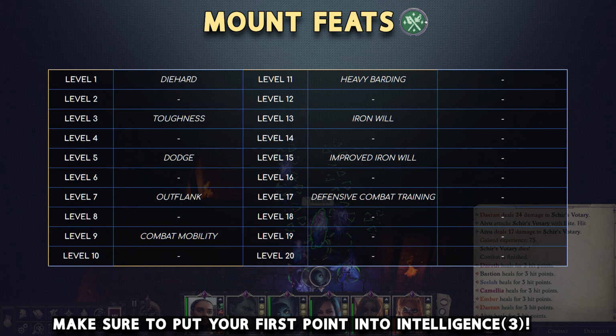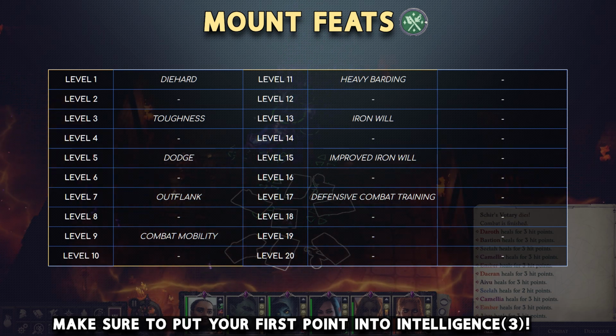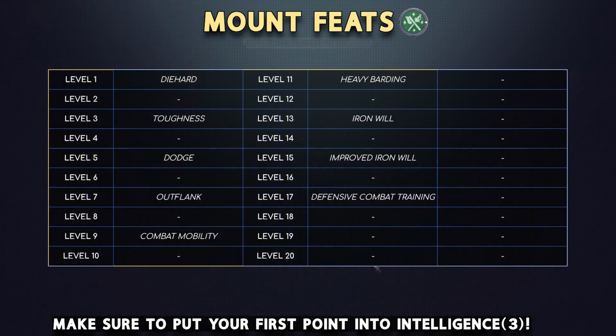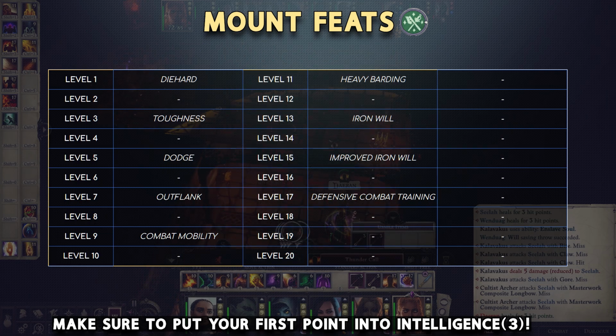I have also put together a chart for your horse and how to level your mounts up with this Sohei. There are only a few feats that are worth mentioning, I think, but the most important part is that I chose to level the horse as a Bulwark archetype. Your most important feats are going to be Die Hard, Outflank, and possibly Heavy Barding. I like to take Die Hard at level 1, since as you well know, if you die with a horse,